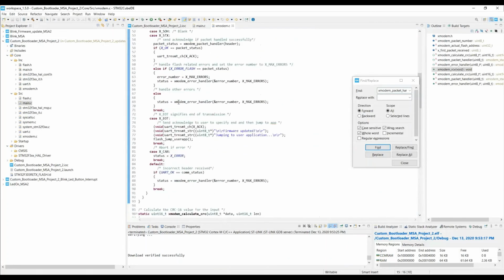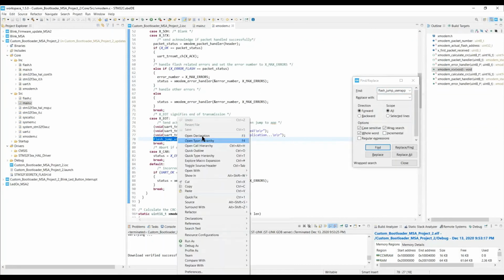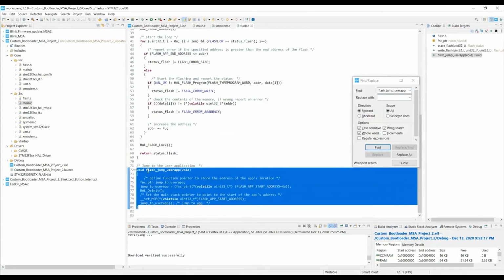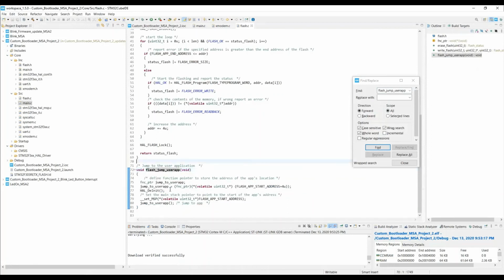once the flashing is done, the next thing left is we need to jump into that particular user space application program. So here is the user space application jump, the flash jump user API. If you see here, this takes in the address of the ROM locations where the user app is present. As I told you before, this is our macro. If you just go into this macro expansion,